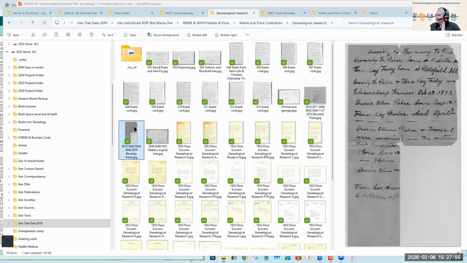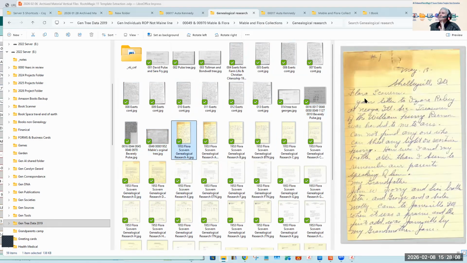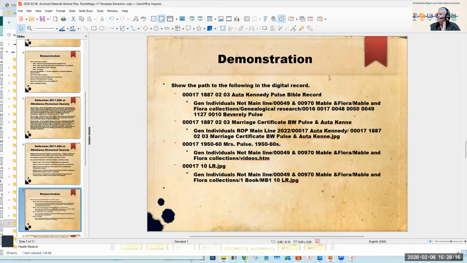There are letters, all types of information in here. There's a little bit better pedigree chart and so on. So that's in there. The originals of all this are in there. And that's where that document is. Now, let's see, what else did I say? Next one was going to be, okay. And I've given you the path in here. And this is for the Oklahoma Historical Society or anybody that goes down there and uses that collection.